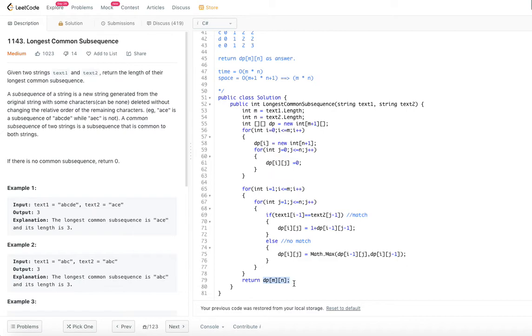So let's go ahead and look at the time complexity and space complexity. When we are initializing the array, we go through it (m+1) times (n+1) times, and in the loop m times n times.